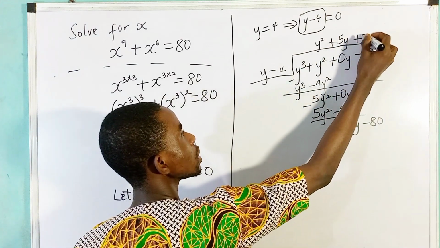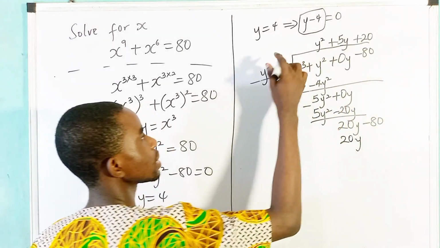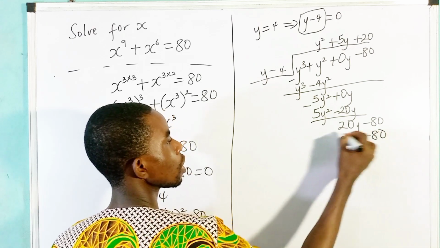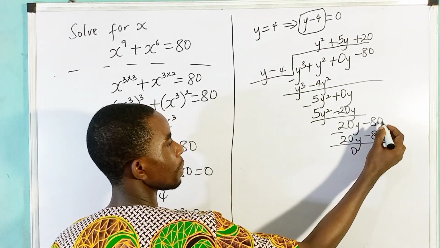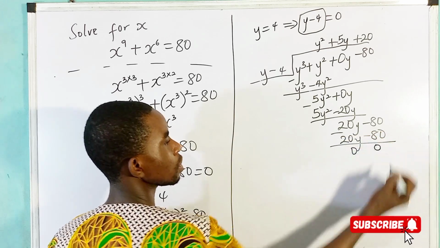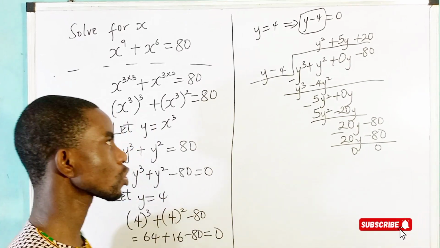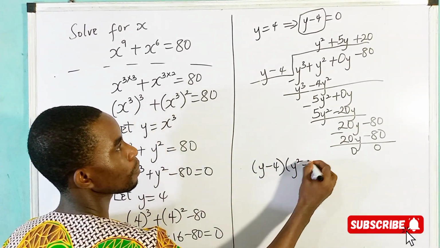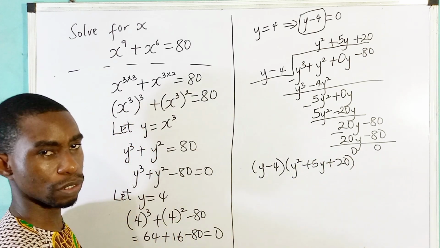So plus 20. 20 times y is 20y. 20 times 4 is 80. And then we have minus 80. So if you subtract, we'll be having 20 minus itself is 0, minus 80 plus 80 is 0. So we've gotten to the end of this division. So it means that we'll be having y minus 4 and y squared plus 5y plus 20 as the factors